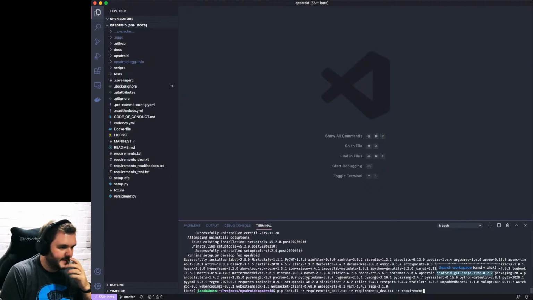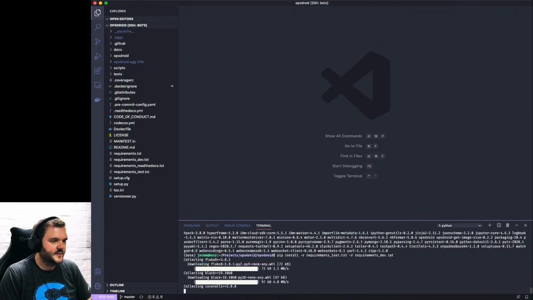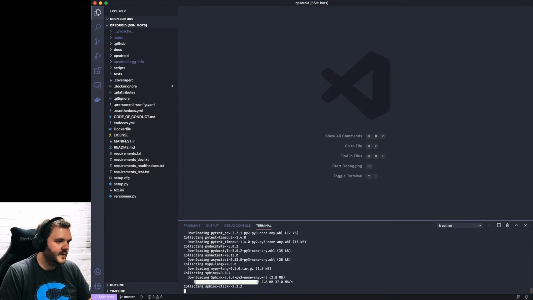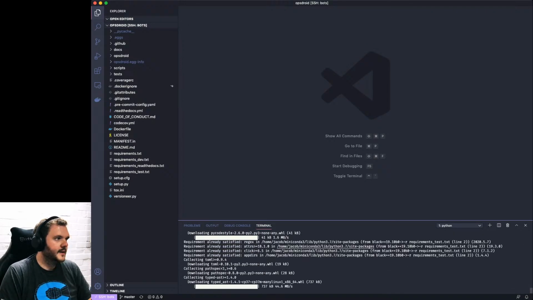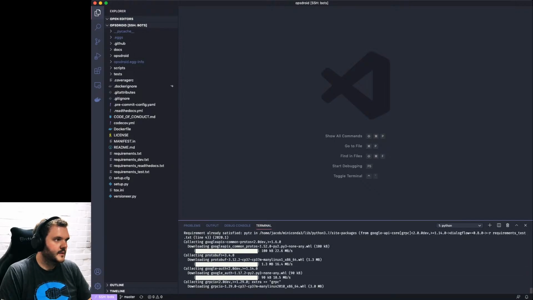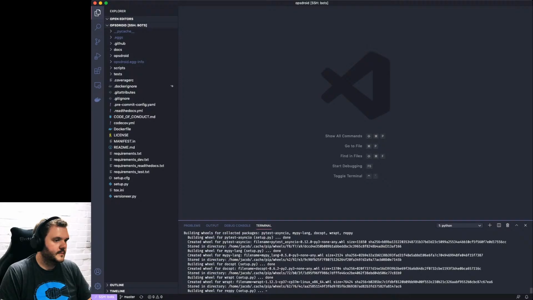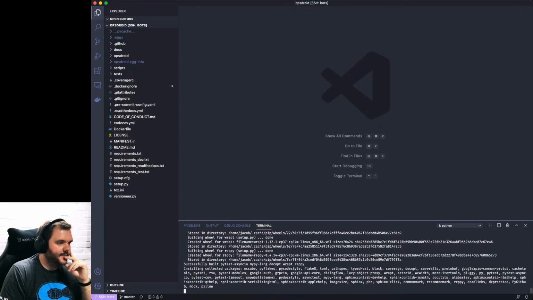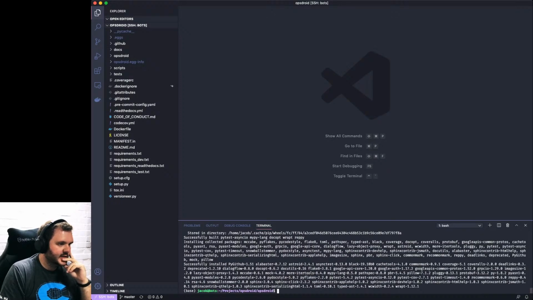We just want to install our dev and test requirements as well. I kind of set myself up with a very quick Opsdroid dev environment on a brand new VM. That's relatively easy. Okay, got a whole bunch of stuff.